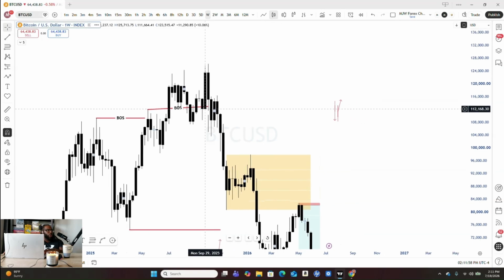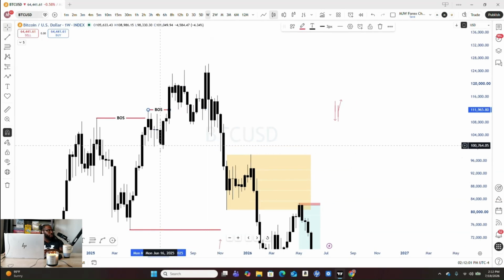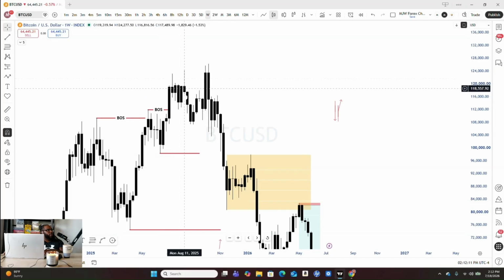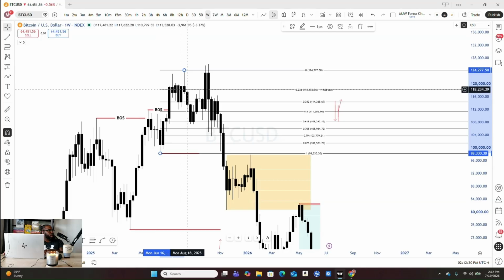Now, once the market broke this structure with this low right here, we can say to ourselves, if this market is giving us consistent higher highs and higher lows, what's the highest point that the market got to before giving us a significant retracement? Right there, we see a significant retracement. That's probably to about 50%, more like 61.8, and that we know is the golden ratio. Look, picture perfect, 61.8 pullback,